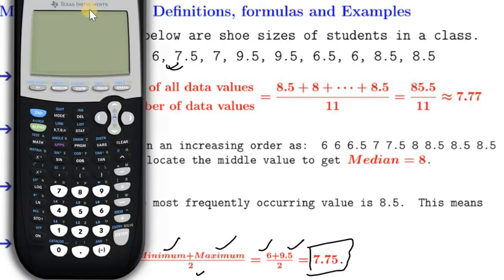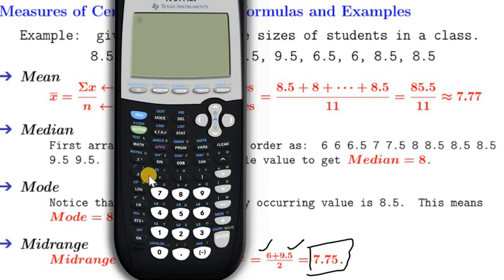So I have my calculator here. Now we need to enter the given data in the TI calculator. In order to enter the data, we need to go to stat and then hit enter. Now put all your data in list 1. Our first data is 8.5. Then hit enter. Now enter all the data. The next one is 8,